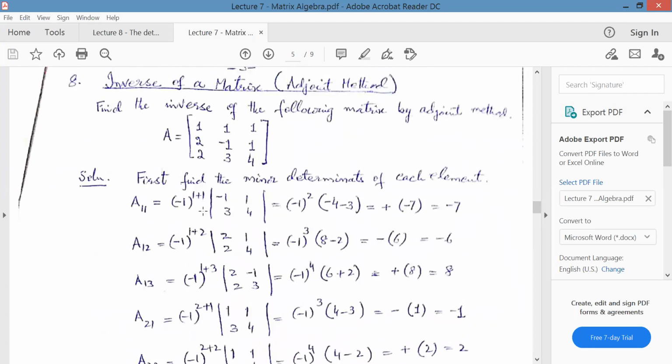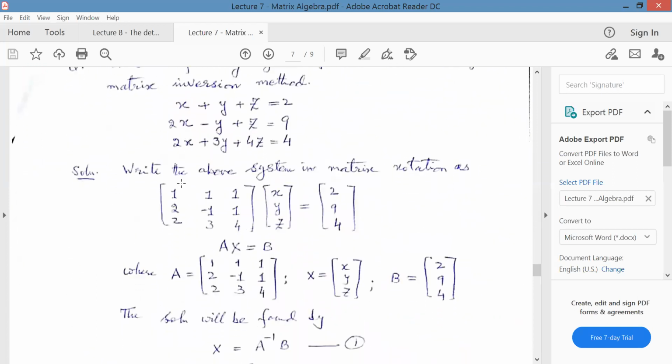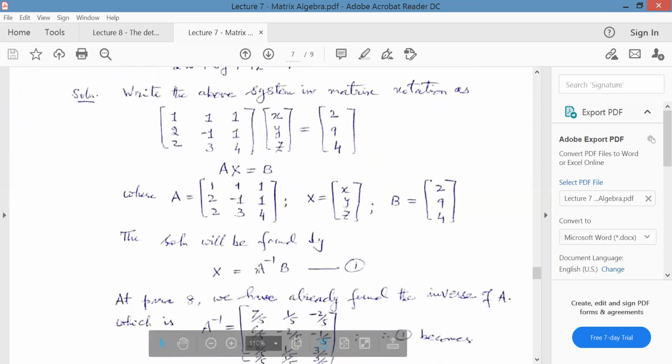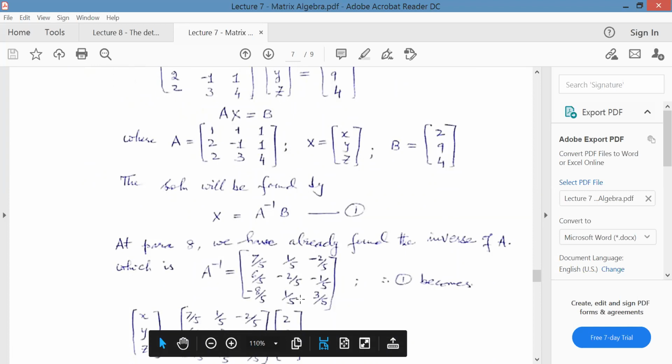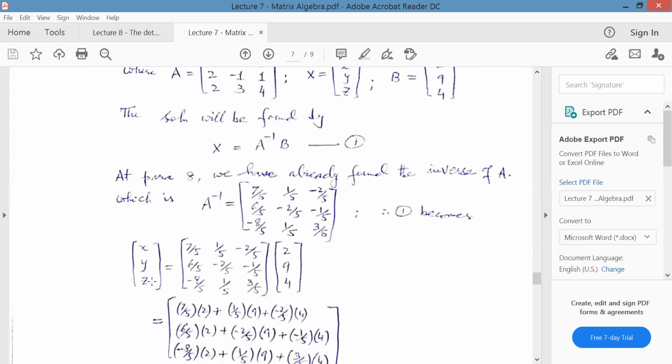ठीक है, और ये जो मैट्रिक्स है ये वही है जो हमारी कोएफिशिएंट मैट्रिक्स है, चेक कर लो। पहला है 1 1 1, 2 -1 1, 2 3 4। देखो 1 1 1, 2 -1 1 और 2 3 4। ठीक है, और इसका इन्वर्स क्योंकि हम पहले निकाल चुके हैं, I am using that advantage. तो A inverse हमारे पास है, this is the inverse we calculated in para 8. तो directly I am substituting the values. X की वैल्यू होती है xyz,